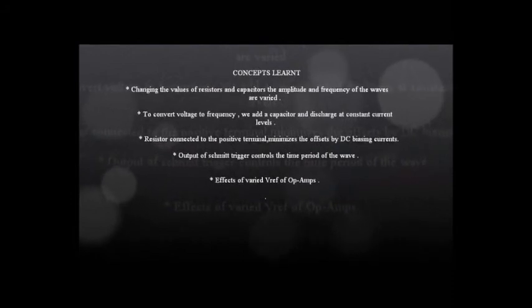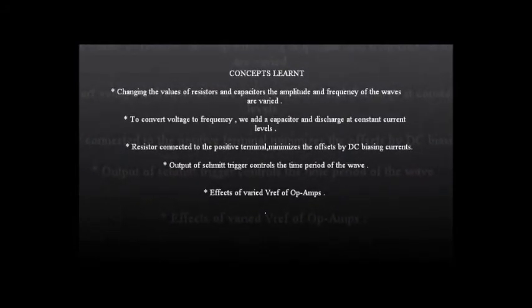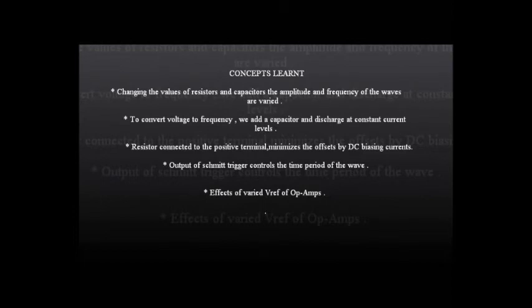Concepts learned. Changing the values of resistors and capacitors, the amplitude and the frequency of the waves are varied. To convert voltage to frequency, we add a capacitor and discharge at constant current levels. Resistors connected to the positive terminal minimize the offset by DC biasing currents. Output of Schmitt trigger controls the time period of the wave. Effects of varied